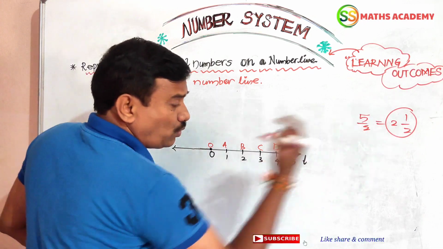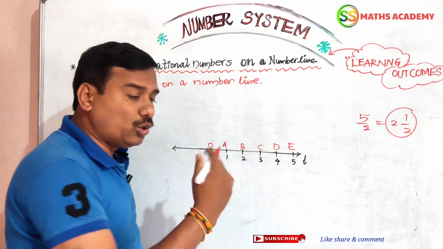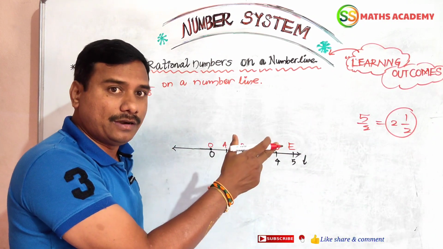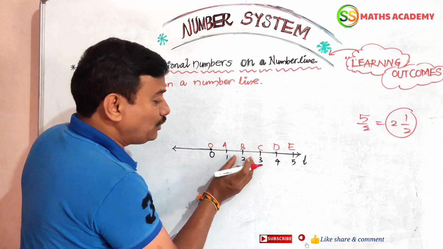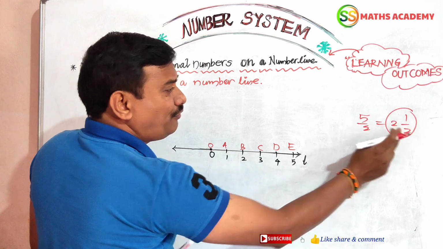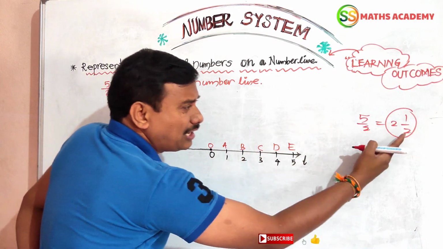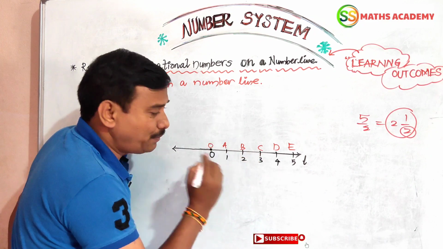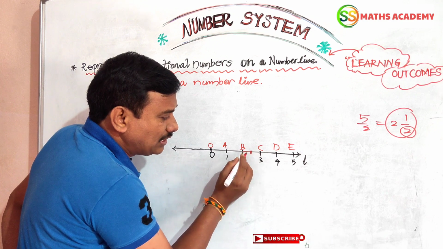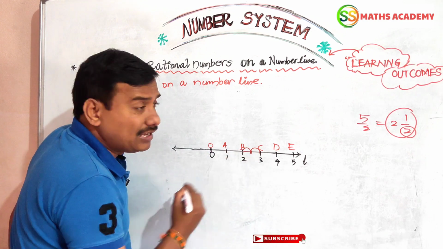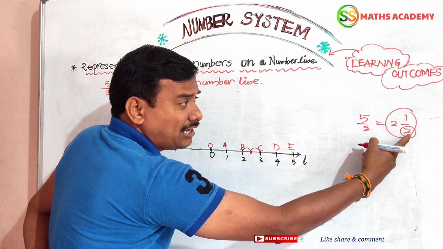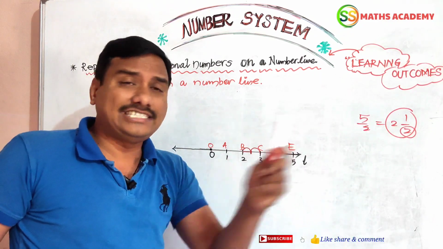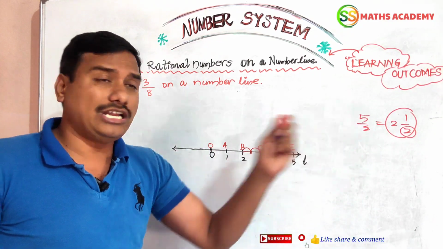Now this is your question. The number will be located after 2, between 2 and 3, which means 2 and a half. The part from 2 to 3 can be divided into 2 equal parts. This length will be divided into 2 equal parts here. This is the first part, this is the second part. I divided by the denominator value. Between these two numbers, the length is divided into 2 equal parts, and the numerator is one part. At one part only, the number will be located.